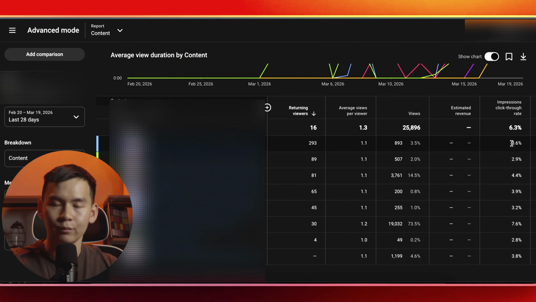Which you can do by a couple of things, right? You can hire better thumbnail designers, or if you don't have the budget to hire thumbnail designers, you can use